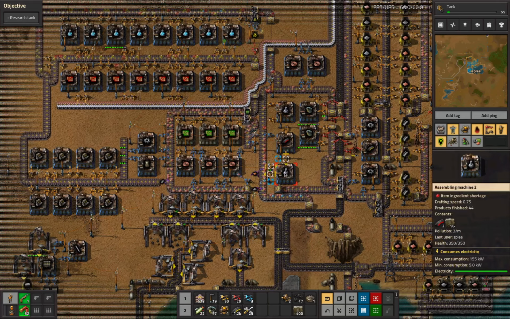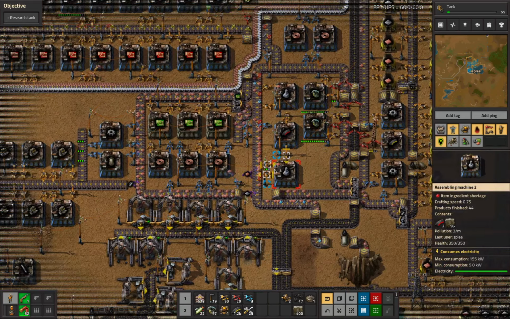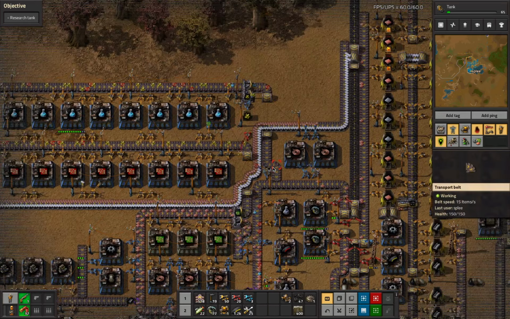Why you not get grenades? Because you guys are short of iron? Oh, also that inserter has a piece of copper. I think when I put those back, maybe they didn't have recipes. Anyway, gotta go fix that. But yeah, we're making